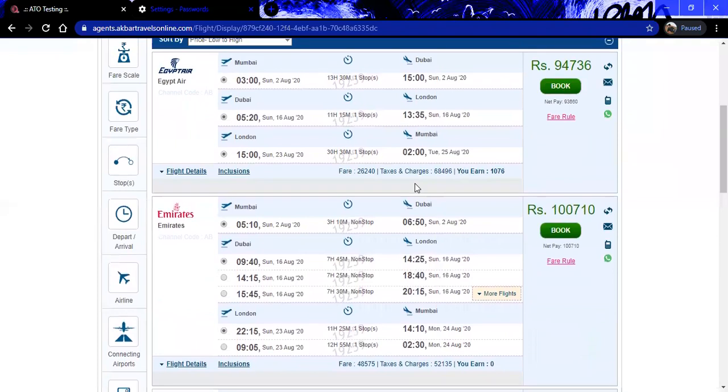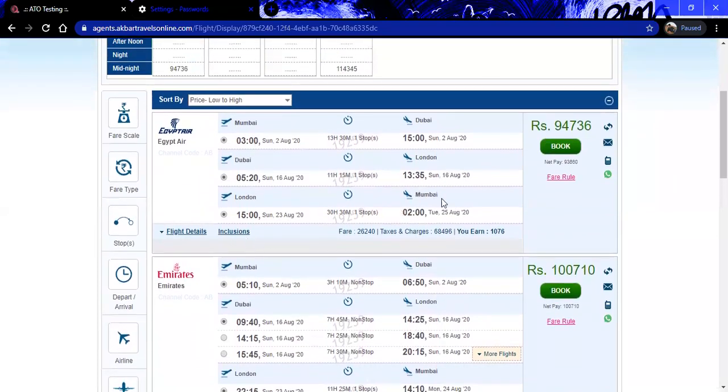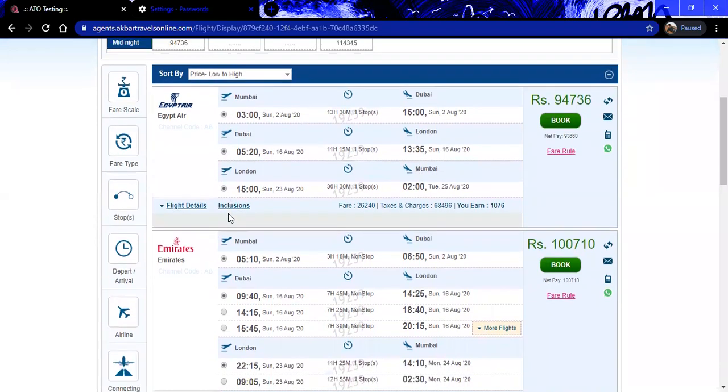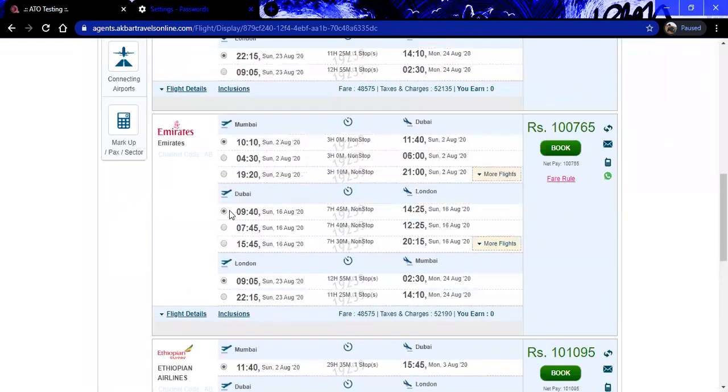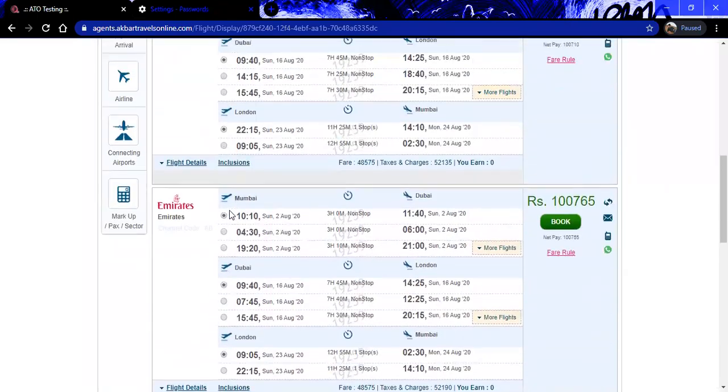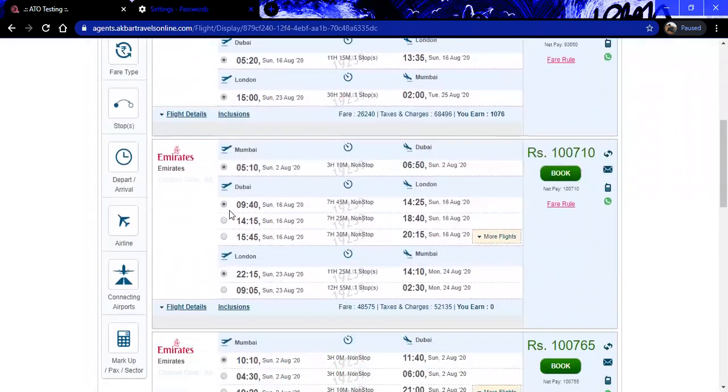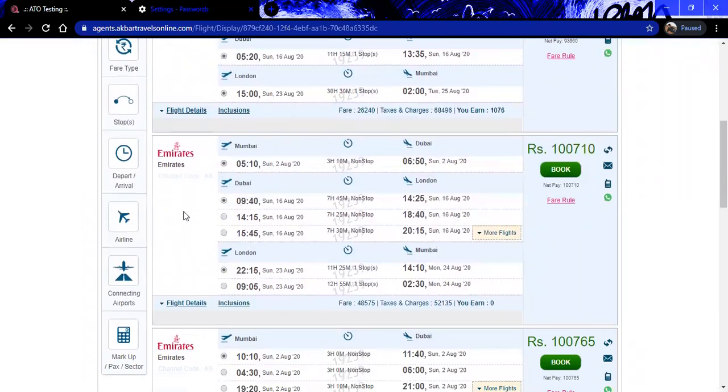If you wish to check the flight details, these radio buttons are the selected flights. If you scroll down below, you will be able to get different carriers like Emirates and Ethiopian also. Here, for Dubai London, we have three flights.